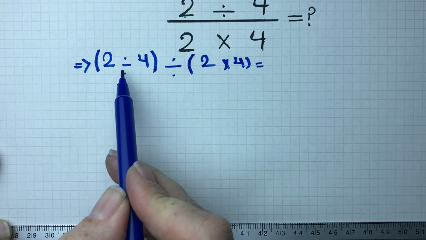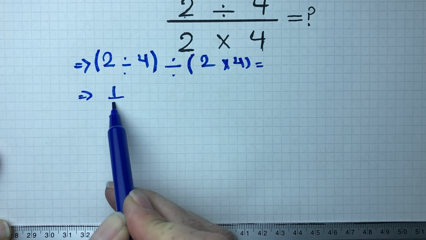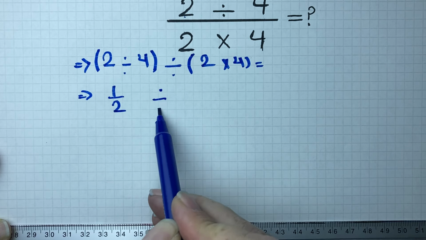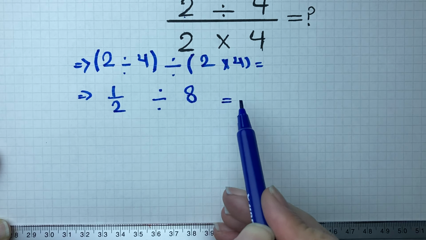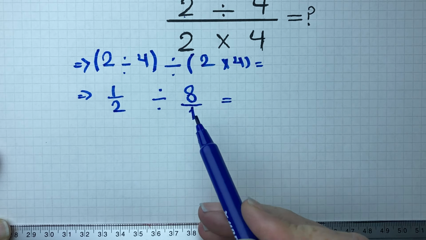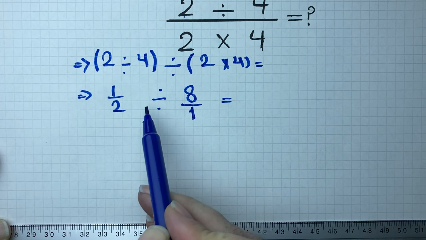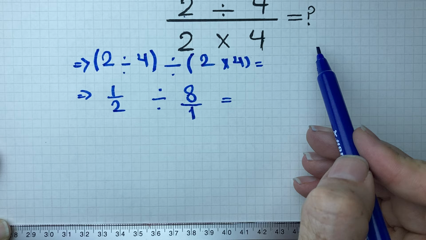Then 2 divided by 4 is gonna be 1 over 2, right? Divided by 2 times 4 is 8. Now we are gonna solve this. 8 is 8 over 1. What do we have here? Division of two fractions. To solve this, we need to follow